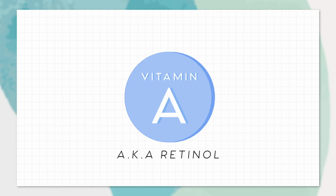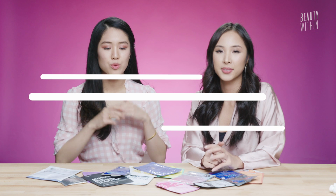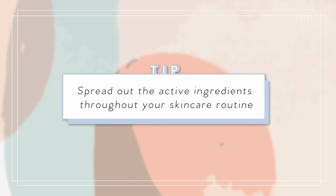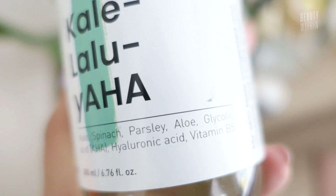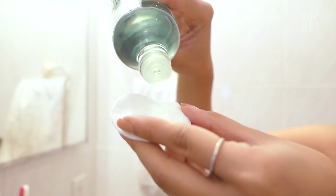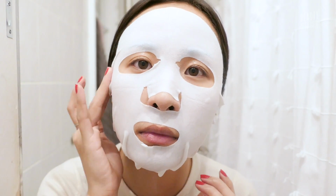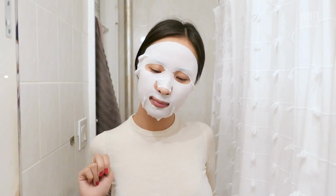So on top of chemical exfoliants, there's also ingredients high in antioxidants like vitamin C, vitamin A or retinol, vitamin E. So as with most sheet masks, they're not gonna contain every single one of these ingredients that will be beneficial and helpful to you. So what we recommend is to spread out these active ingredients throughout your skincare routine, from cleansing all the way to facial oils. So then you'll have maybe chemical exfoliants in your toner, and then you'll have like vitamin C in a serum or moisturizer, and then you can always top it off with a face mask that has like brightening effect. Make sure you read the back to say how long you can leave it on for,